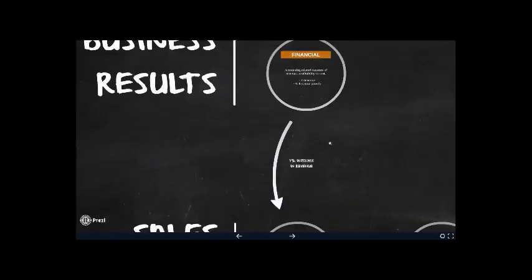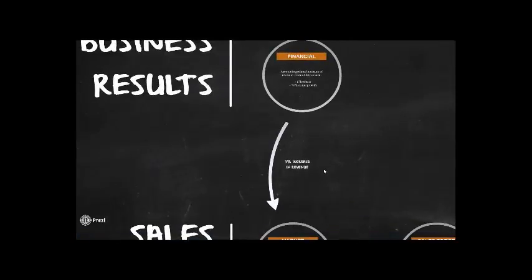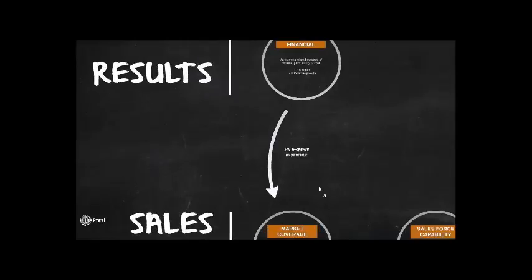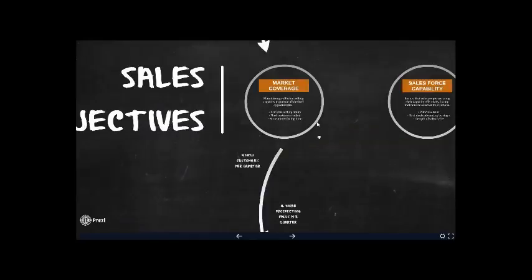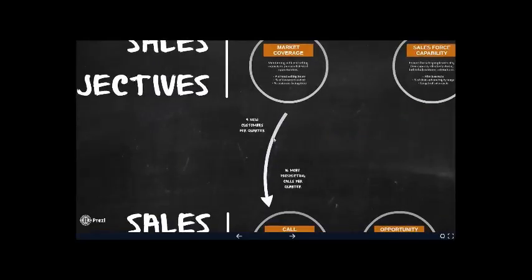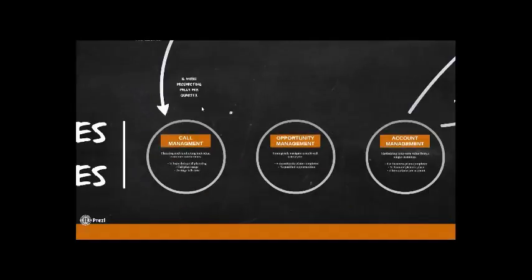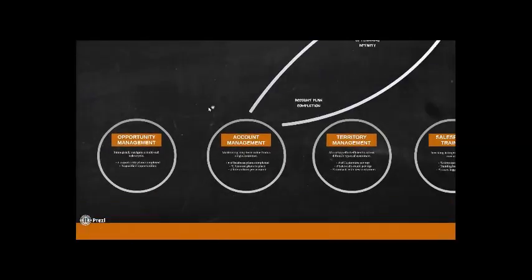So, for example, if a business wanted to achieve a 3% increase in revenue, then it could achieve this by looking at market coverage. So to affect that, you may wish to attract 4 new customers per quarter, which could equate to 16 prospecting calls per quarter to new customers. And in the same manner, if you looked at account management,